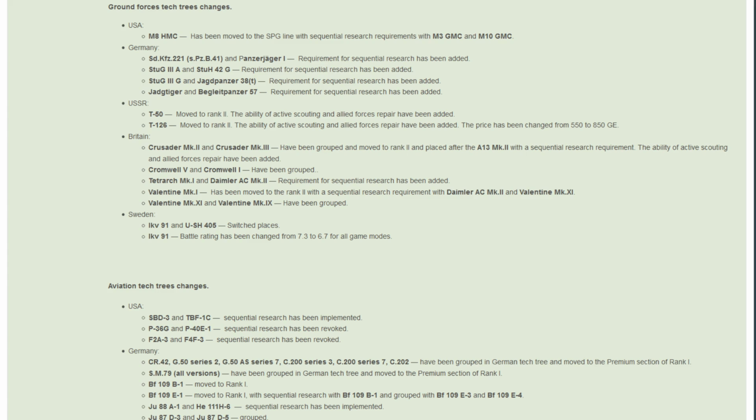Now the USH is in rank 4, it's right now at 7.0, and the IKV-91 is in rank 5 at 7.3. So moving the USH to rank 5 means that it's going to be more effective at researching. It's going to be better because you're able to efficiently research rank 6, which you weren't able to before. But the IKV-91 going down means that it will only be able to efficiently research rank 5. And that to me is kind of sad, because the IKV-91, in my opinion, is a fundamentally better vehicle than